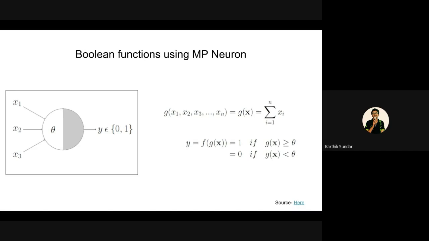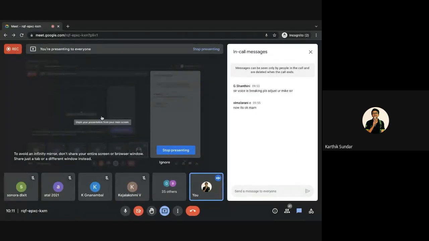So let's start with a practical example of what happens. Let's say you have 3 inputs, and as I told, the 3 inputs are binary here. Let's say you want to create an OR function, the Boolean OR. Say x1, x2, x3 are Boolean inputs, and you want y to be an output that mimics an OR function. What has to be the threshold? Can someone in the chat boxes reply if possible?